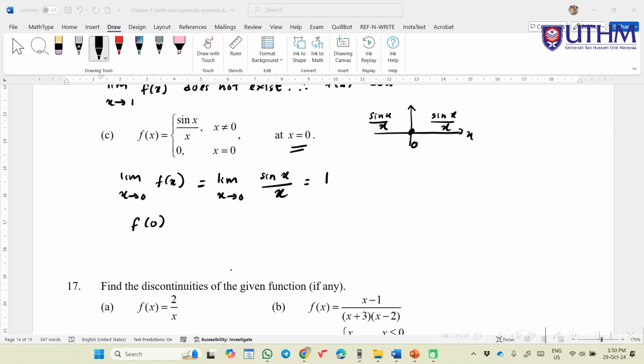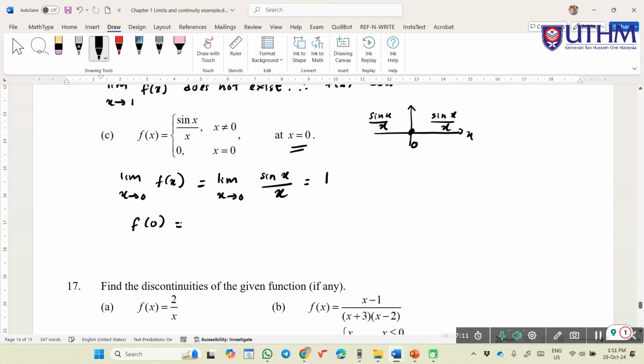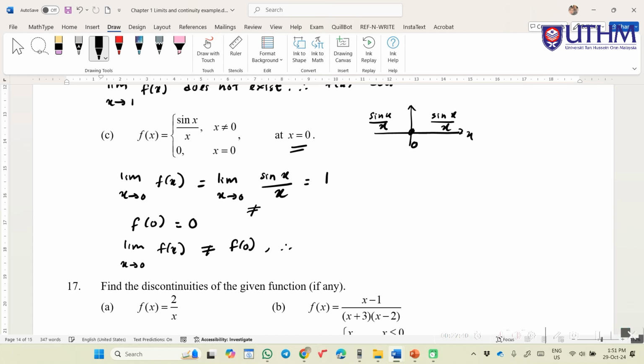Okay, so we need to find f at x equals 0. So we just look at the function. When x equals 0, the function is 0. Okay, for this function, these two are not equal. Since the limit as x approaches 0 of f(x) is not equal to f(0),